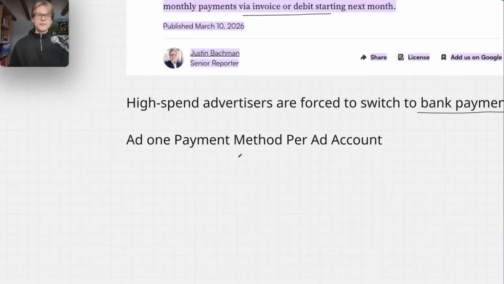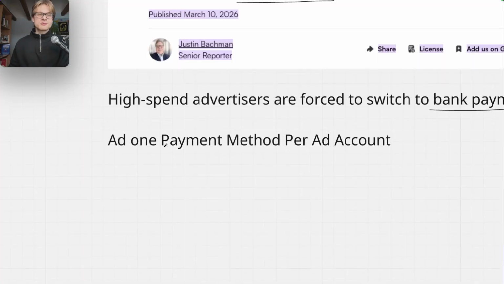And essentially one important thing with payment methods, you want to add one payment method per ad account, because Meta obviously tracks your name, tracks your data, tracks what this payment card is connected to. And if you use the same card for all of these accounts, Meta knows that these accounts are connected with each other, and when one account with this payment method gets flagged, there's a very high probability that the other ad account gets flagged as well, which you obviously don't want.